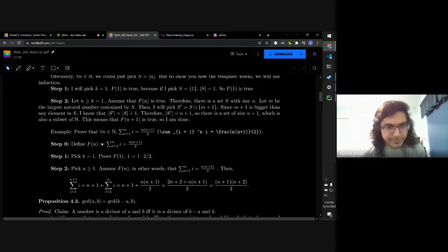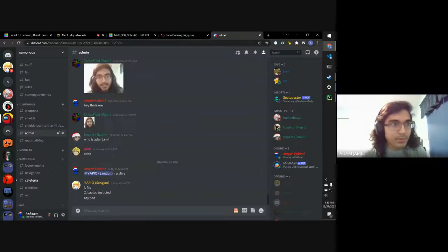So we'll do that. So I have a step 0 here. I'm just defining what my Boolean function is over the naturals. And it's precisely that we have equality here. So the equality here is interpreted as a Boolean. Okay. Now I pick k equals 1. It's again very, very normal to